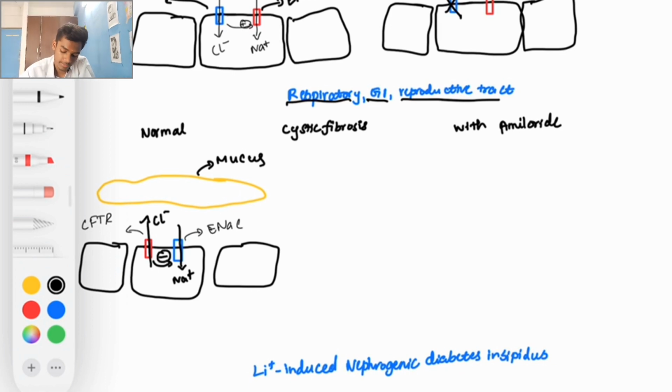So normally when there is inhibition of this ENaC channel, then sodium will be present outside the cell in the mucus, and chloride is sent out by the CFTR. So there will be movement of water into the mucus. So there is increased fluidity. So the mucus can be expelled out, cleared from the respiratory tract, GI tract, and from the reproductive tract. But in cystic fibrosis,